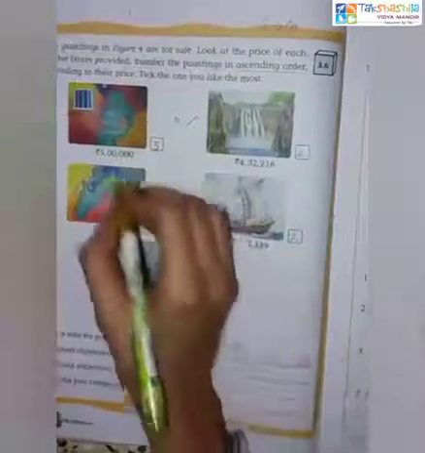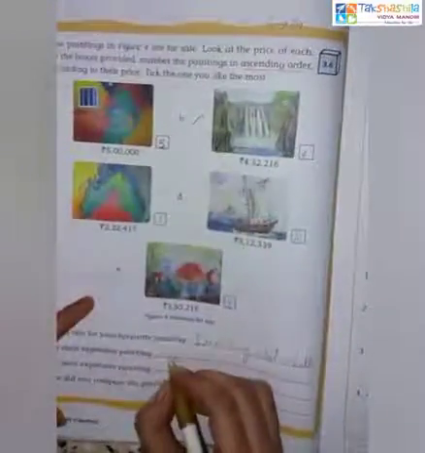Yes, it is a dazzling waterfall. Like this, you can also name it for your favorite painting. So next question, the most expensive painting. Among these, which one has the highest price? Yes, it is A painting and it is rupees 5 lakh.